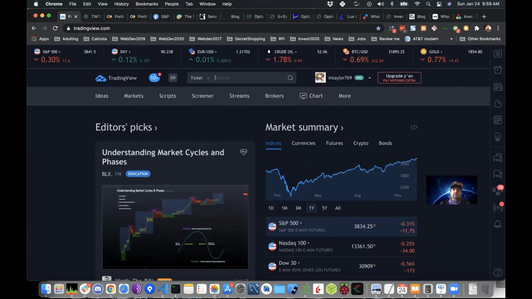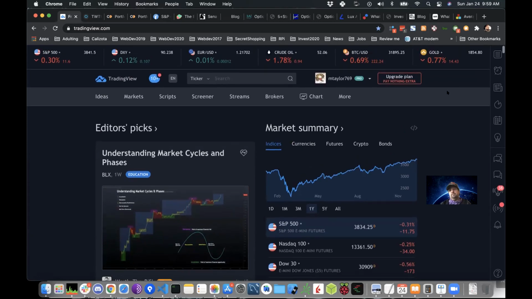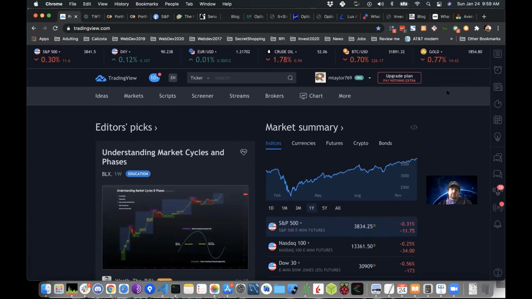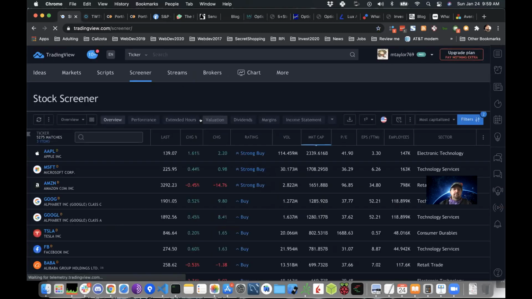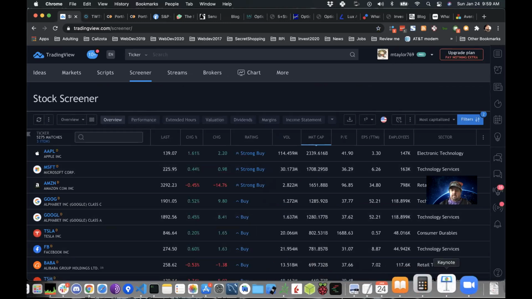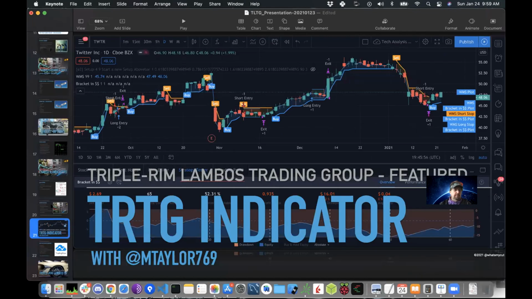They offer a subscription plan, which I purchased at New Year's because they were having the big half off sale. And it's great because it has a stock screener,